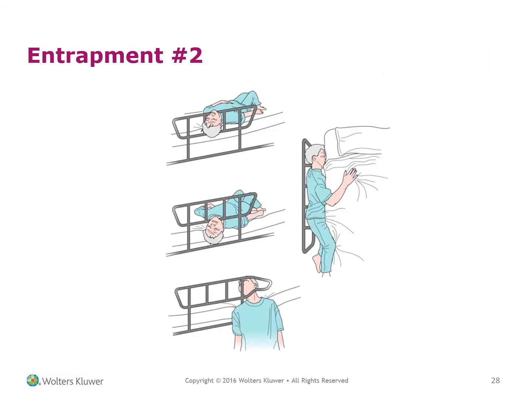This is entrapment. This is a diagram illustration of entrapment and the dangers of the side rail. You can see each one of the pictures depicts a very potentially serious outcome, including death. So this is why it's really critical that you follow your facility policies, ensure that those side rails are not up unless they are ordered by the doctor, and ensure that your patient is safe at all times. Check on your patient as needed to prevent this type of accident from occurring.